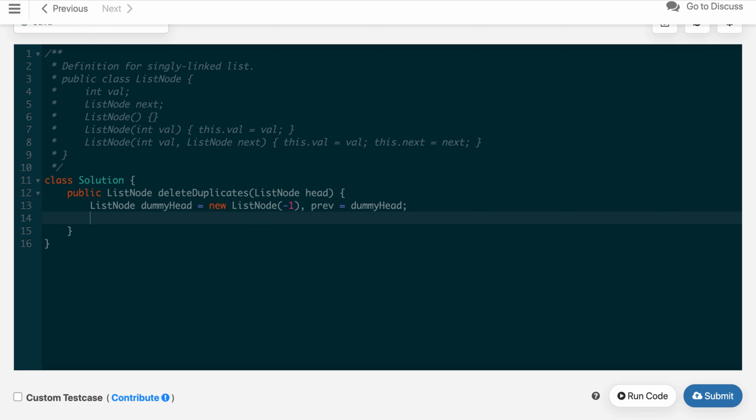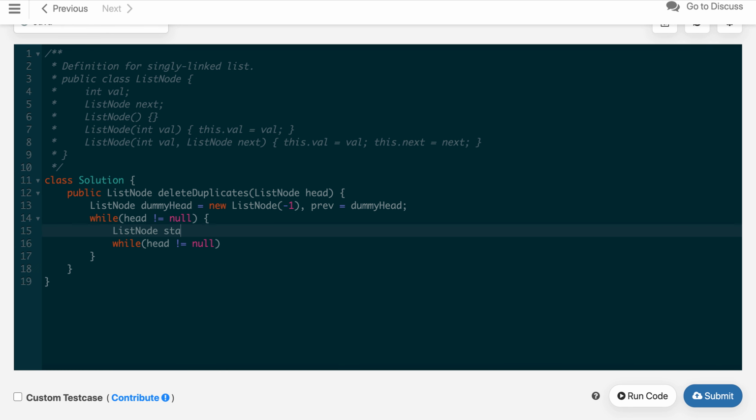Now we will iterate while head is not equal to null. Before that, we will create a start node from the head, and a counter variable initialized to 0.